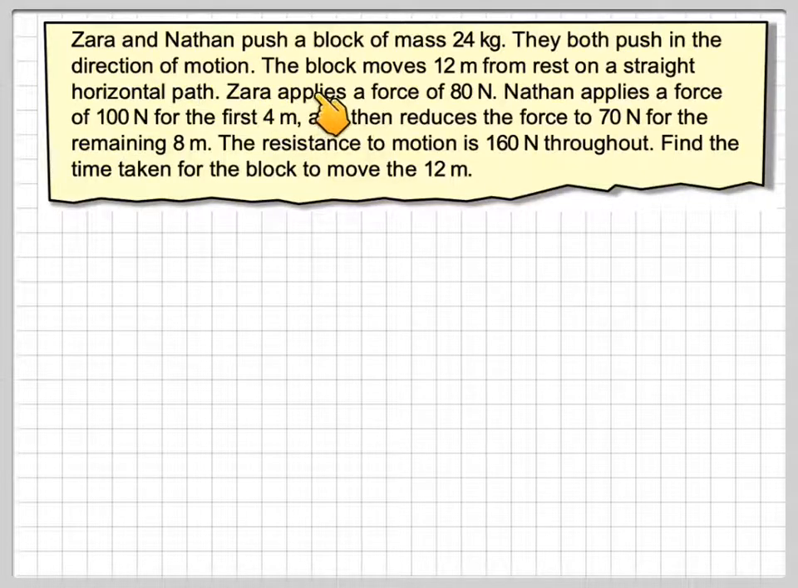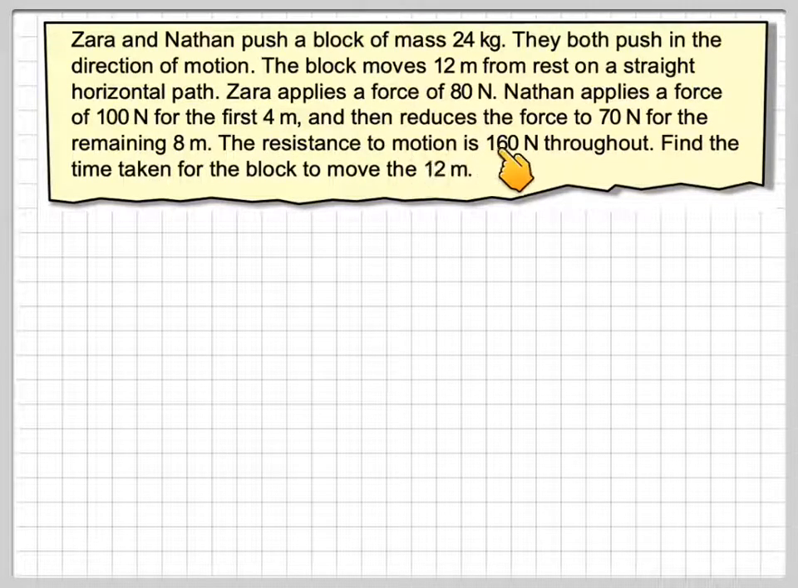Zara and Nathan push a block of mass 24 kilograms. They both push in the direction of the motion. The block moves 12 meters from rest on a straight horizontal path. Zara applies a force of 80 newtons and Nathan applies a force of 100 newtons for the first 4 meters,